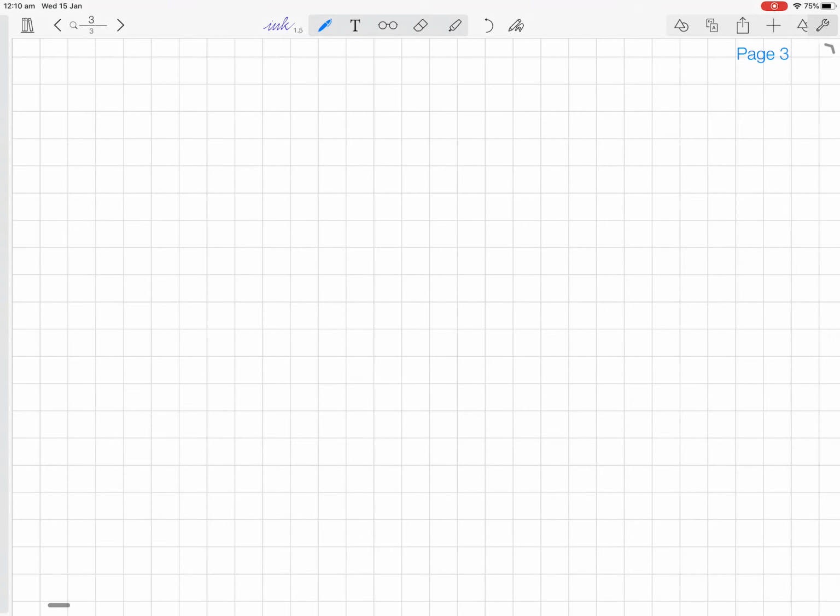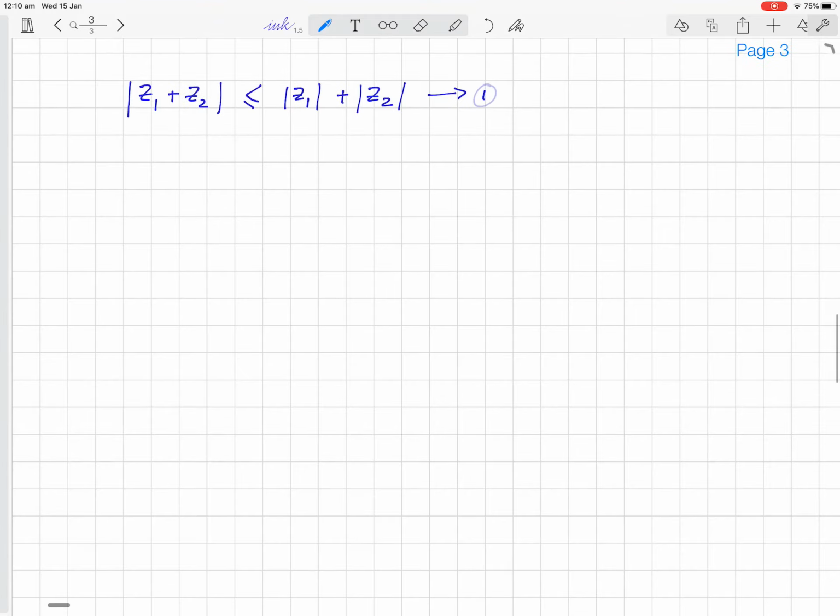Here I am going to show you a very important inequality in complex numbers, which is |z1 + z2| is less than or equal to |z1| + |z2|. So this is what we are going to prove. Before we go into details, I'm going to show you some important derivations here, some of which you may know,